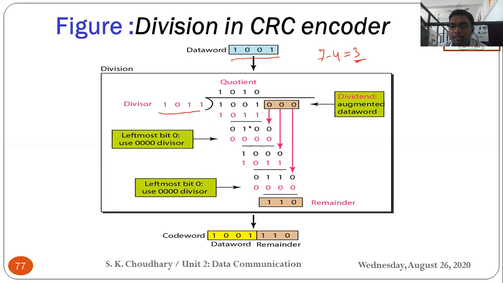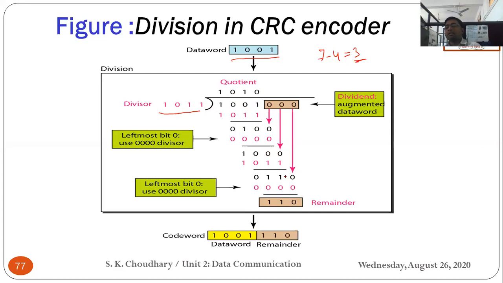Now again you have to perform this division. Here the 3-bit data, we have added just 0 to make it 4-bit. So it would not be divided by 1, so it will be taken as a 0. All 0 is there, this would directly come down. Then again 1 0. A simple division method.